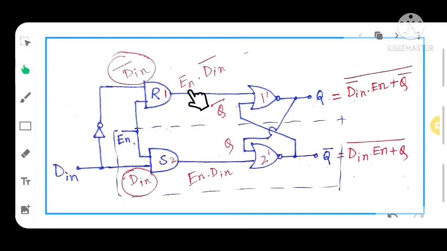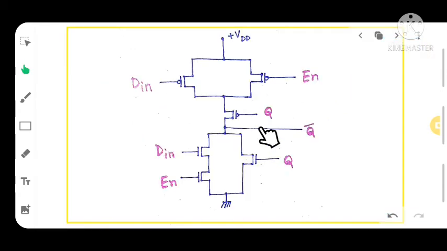What you are seeing here is enable dot D in bar, and here the output is enable dot D in. So if we implement the lower part first using CMOS, the circuit will be this one. Here you can see this is forming the second AND gate, and as a whole it is forming the NOR operation.